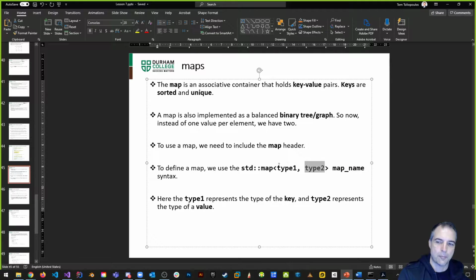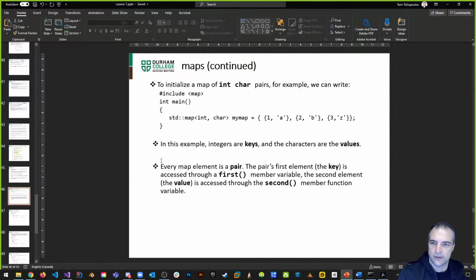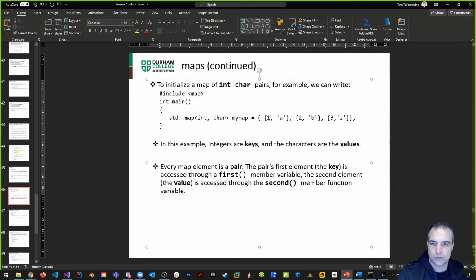So this creates a pair. That's what it does, okay? A pair of values. And then there's the map name, okay? When we want to access a map's values, here's the way we declare it. So here's a standard map of int chars, right? The integer would be the key, and the char is the value, right? And when I want to access the map, you can use